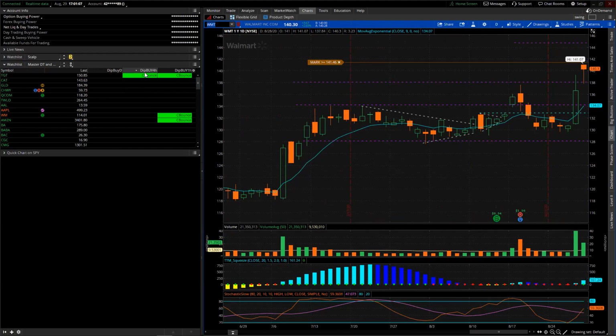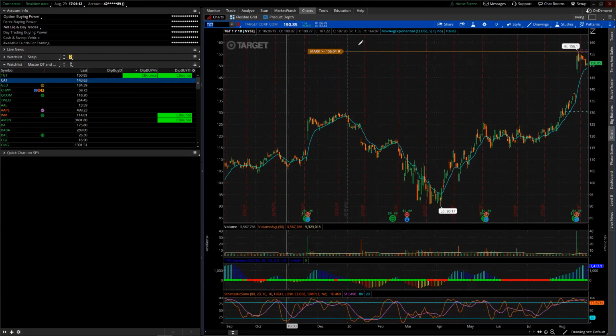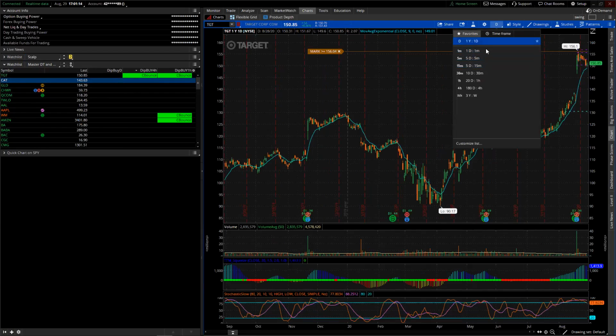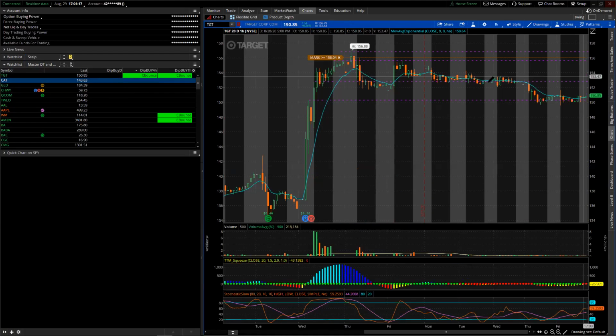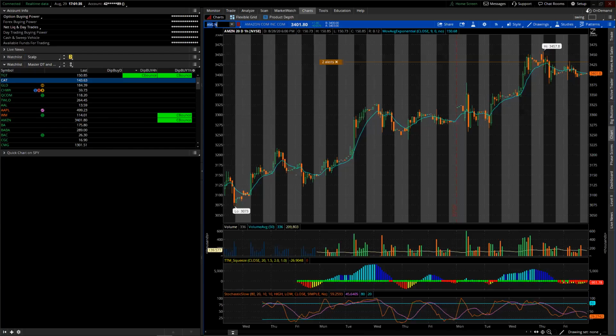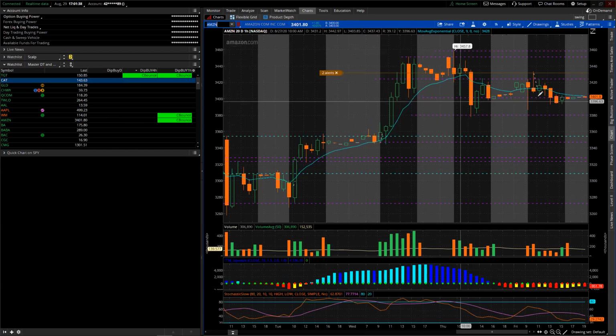Now we'll look at Target. Target has a dip buy on both 4-hour and 1 hour. So on the 1 hour, you're getting a pullback to support, and now it's starting to bounce and pulling back over the moving average. The reason why it shows up is because this green candle shows momentum finally popping up. And if you do it on the 4 hours, it'll look like the same thing. What else? WM and Amazon. Oh, I didn't know Amazon had one. Okay, let's look at Amazon. Amazon on the 1 hour.